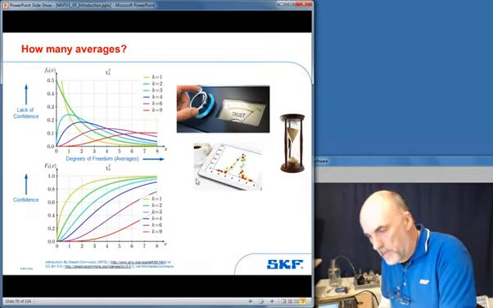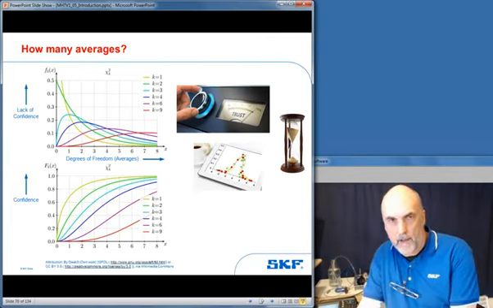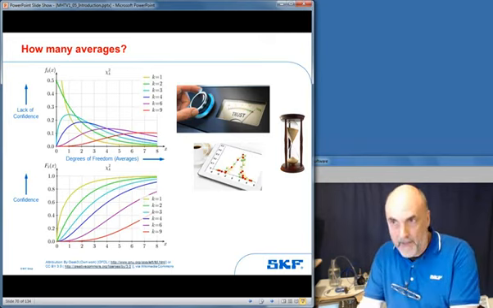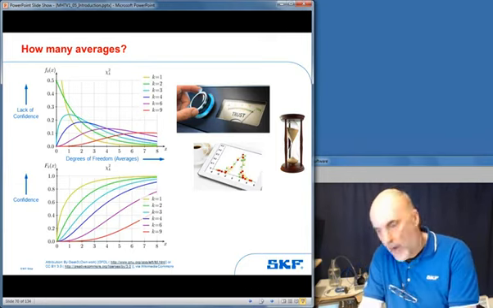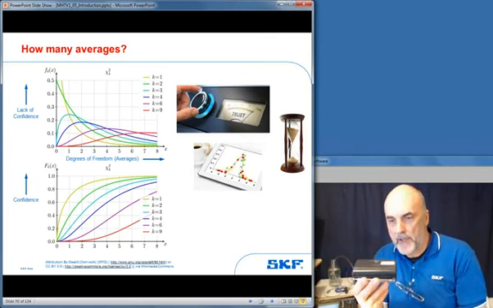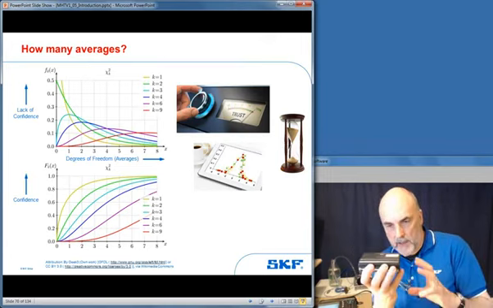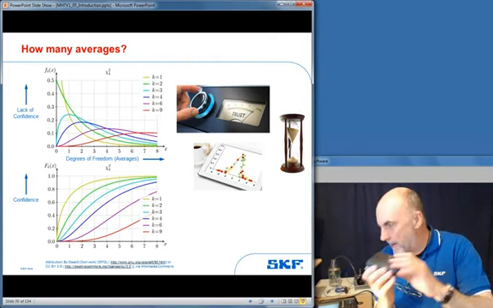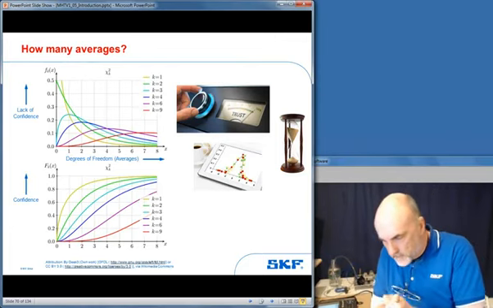Just before we move on from the number of averages, for those of you who are mathematically inclined, well done. I am afraid I am mathematically inept. Sorry about that. But years and years ago, I used to do shaker testing of components where we would take a box of electronics and expose it to random vibration. And there was the same trade-off. We wanted to get the vibration signal statistically correct within the shortest period of time. So we used to be looking at random vibration using shaker control systems.